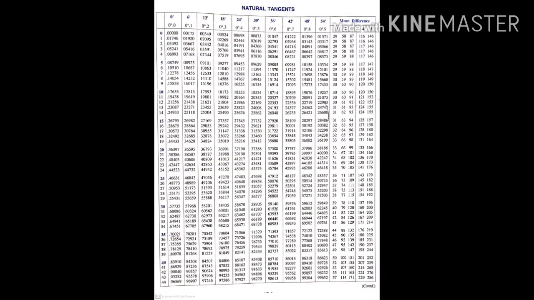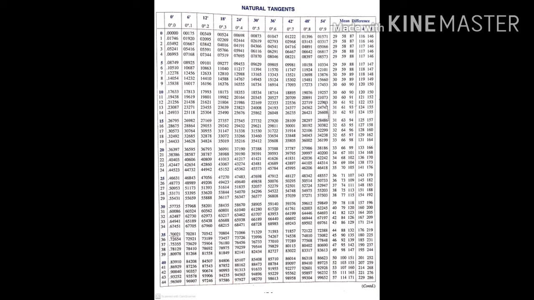Now we come to the natural tangent table. Here also in the same way, the values on the first page are 0 degree to 44 degree, and on the other page 45 degree up to 90 degree. So let us check our first value, tan 0 is 0.000, that is 0. Then you check the values are gradually increasing, like check your 10 25. 10 25 is 0.46631. Okay, so that is increasing.